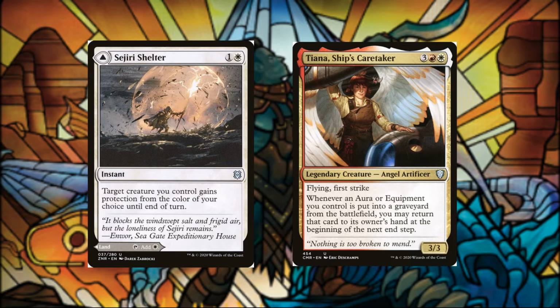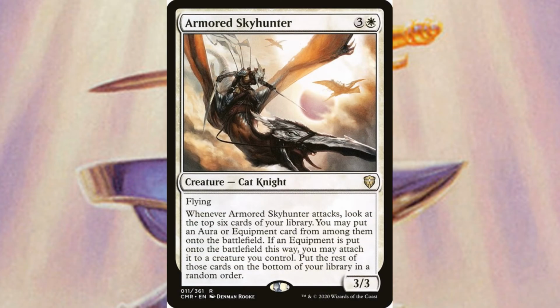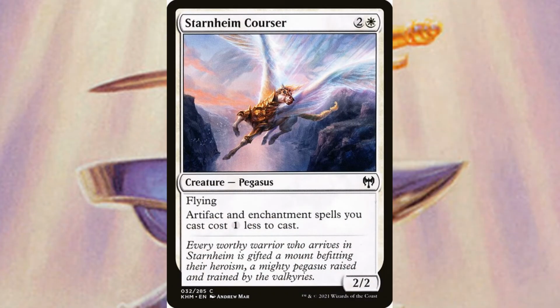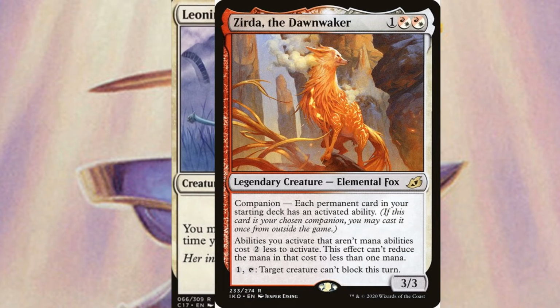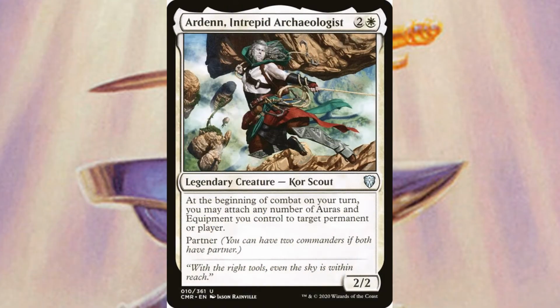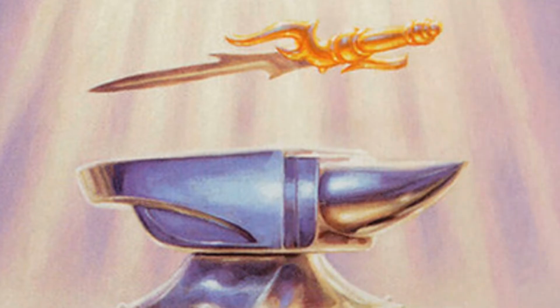Of course, I wouldn't be me if I didn't add a little bit of counter magic. Yes, it's situational, but when you counter something in Boros colors, the table is definitely going to ooh and ah. Then we have some general utility and ways to get out our things earlier, like Armored Skyhunter, Brunner Battlehammer, Sternheim Courser. We also have Zerda the Dawnwaker. We have Leonin Shikari, however you say it. Arden, Intrepid Archaeologist, all that different type of stuff, just to get things out easier and make things easier for